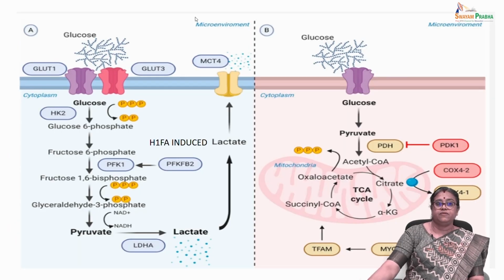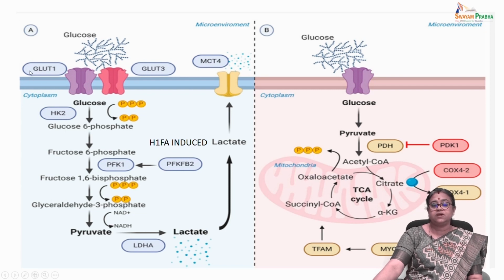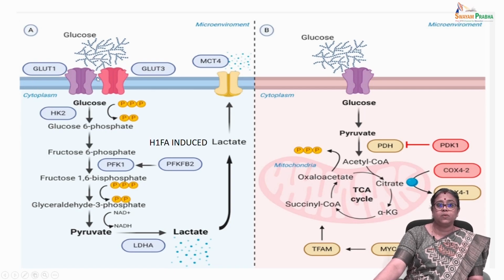In this slide, what we are seeing are the GLUT transporters. They are glucose transporters. So there are several types of glucose transporters. They are called the GLUT1, the GLUT3, and through which the glucose enters into the cytoplasm. And this is the normal glycolytic pathway that we have learned in our early classes. So glucose getting converted to glucose 6-phosphate in the